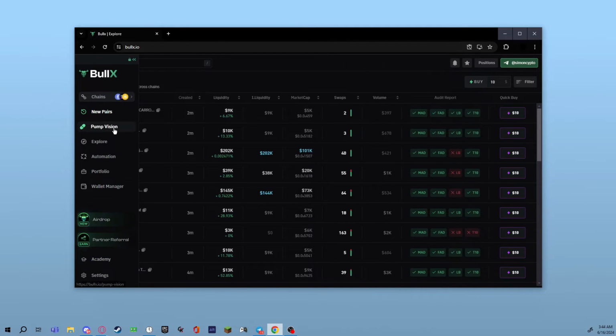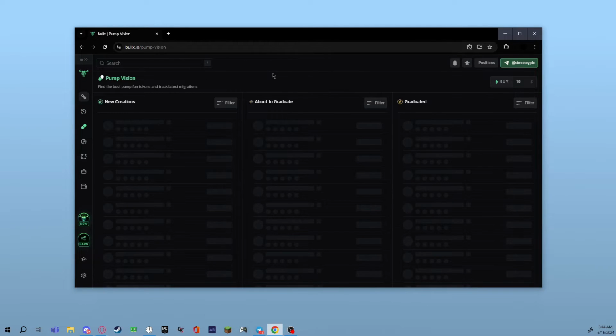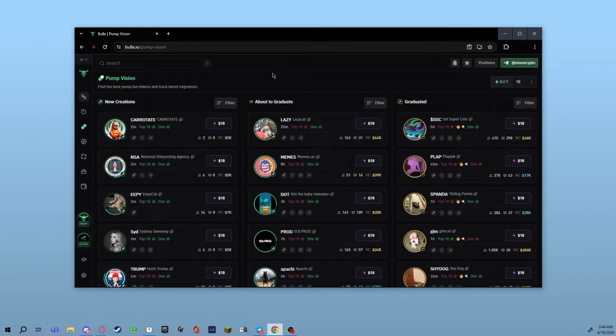And then moving on, you have the pump vision. The pump vision is actually a really cool feature that is really unique on Bullx. Because before you would have needed multiple Telegram bots, multiple websites for it, and subscriptions that you would actually need to pay for. And here you have everything in one place for completely free. It's cool. So on the left side you have new creations, so tokens that are newly created on pump.fun,